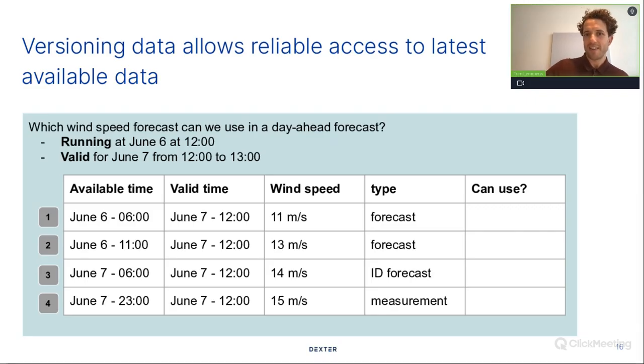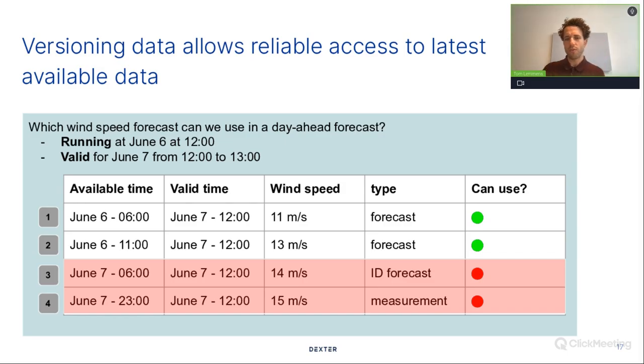And I guess you are right. If we go to the results, indeed, 3 and 4 you could not have used, because they would not have been available to you at time of forecasting. Options 1 and 2 you could have used, and I would have actually argued to use option 2, because that would have been fresher data than option 1, right? So probably more information rich. The learning from this is that you should version your data, you should store all updates and timestamp them with the available at time